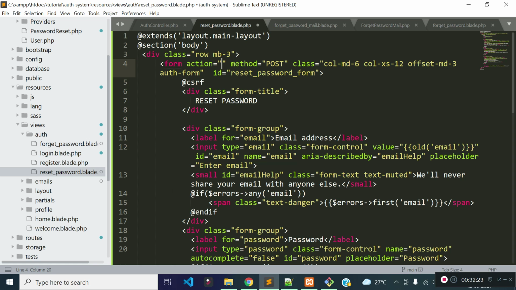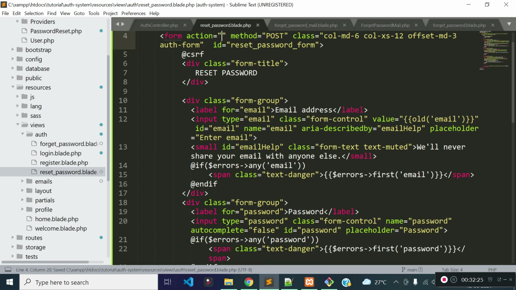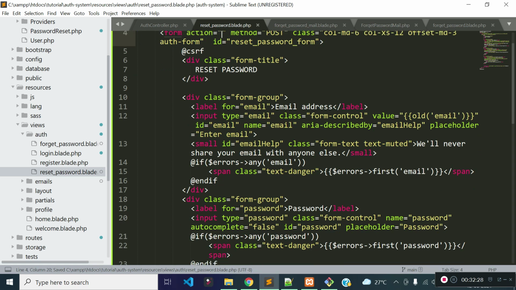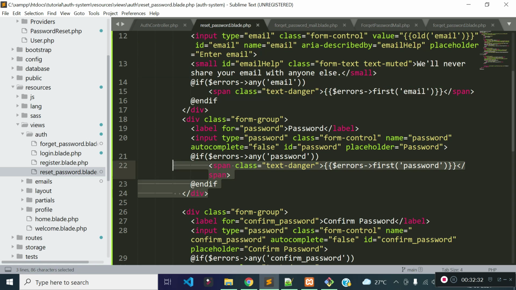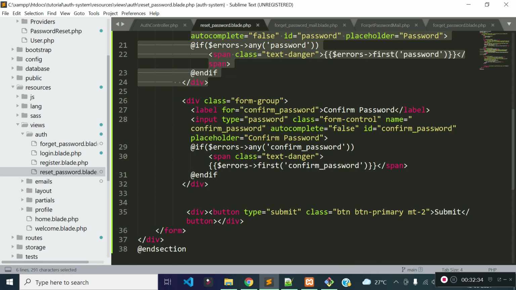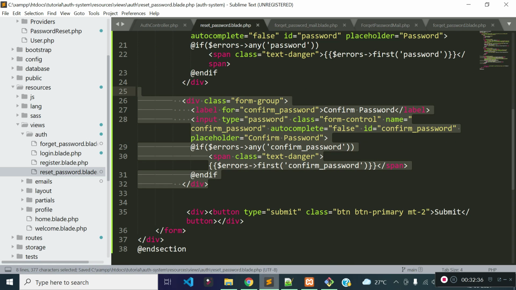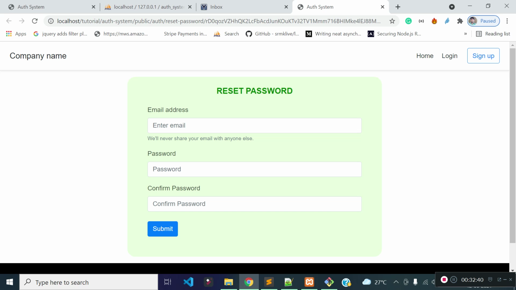I did not create the action URL yet for this reset password form. Our reset password form will have an email field, password field and confirm password field. Let's refresh the page. Yes, our reset password form is rendering.